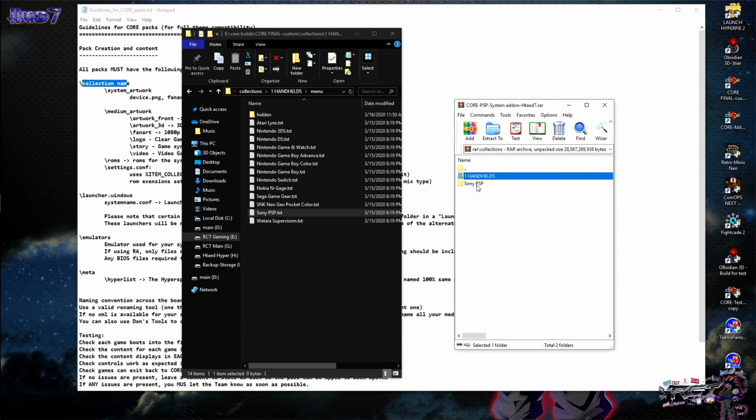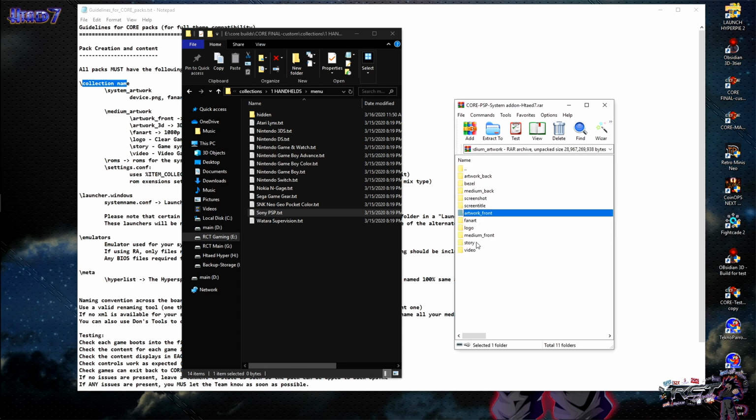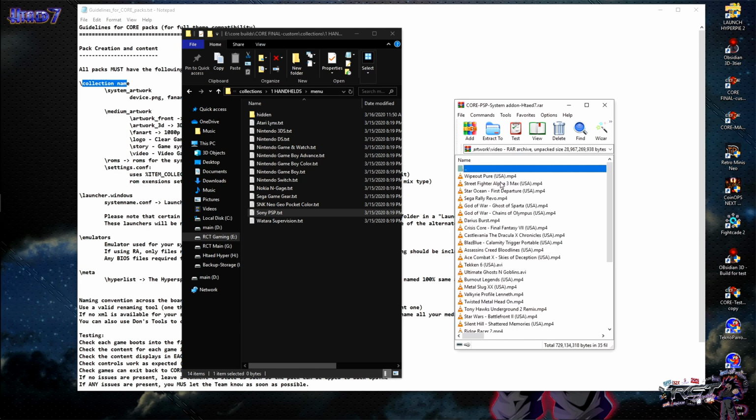Now that I've done that, I verify. This is not necessary, but it's there. Medium artwork, let me see, I have my artwork, it's right here. Basically Core uses artwork front. It can use all of these, but you need to adjust for it, you need to configure it. But for now, all that it needs is really the artwork front, the story, of course, because you need the story for each game, video folder with each of the videos,